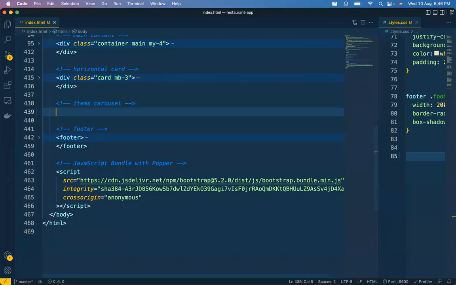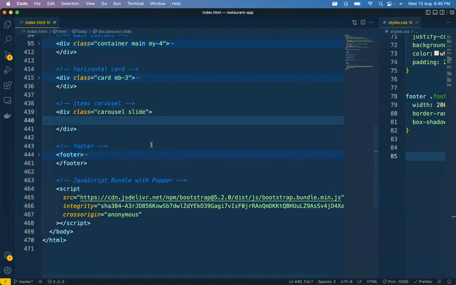To create the carousel, I'm just taking a very simple carousel. We need not write any controls or indicators, etc. I just want to make it a very simple carousel. Creating a simple carousel is always very, very easy. So let me do it now. To create the carousel, we can take the class called carousel. And to get the slide effect, we can use the slide class. And after that,